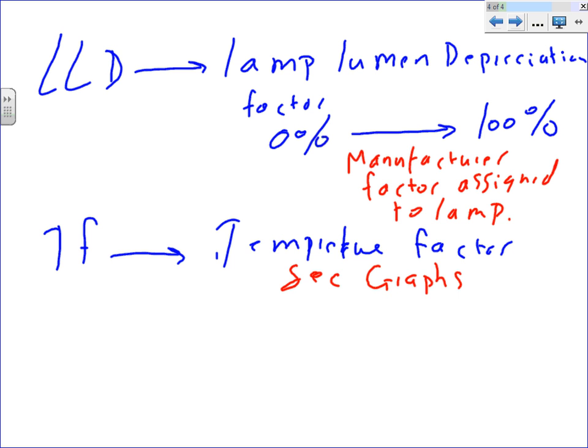There's a temperature, if the fixture, guys, is rated to work at, let's just say Fahrenheit. If it's rated to work at 78 Fahrenheit and you put it at 110 Fahrenheit, the temperature factor will go down, and that will be taken into consideration with the amount of light coming out of it. In the book, guys, they have a graph that can give you some idea of lumen depreciation factor